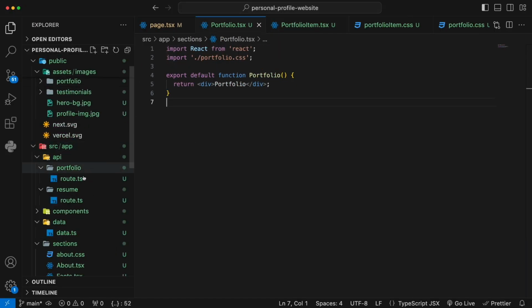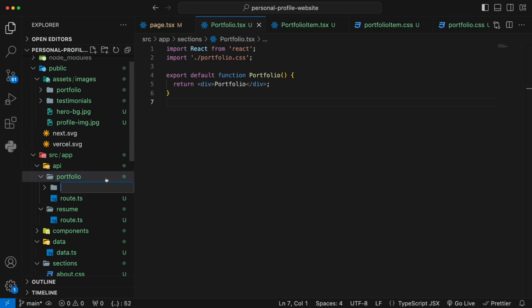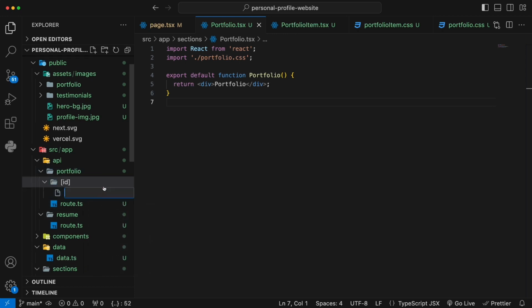We're gonna make a dynamic API route inside the portfolio folder, and the way to do so is to create a new folder inside the portfolio and call it [id]. It must be wrapped by square brackets so that Next.js will know you are making the dynamic routes for each individual item. Alright, enter. And inside this [id] folder, we create a new file called